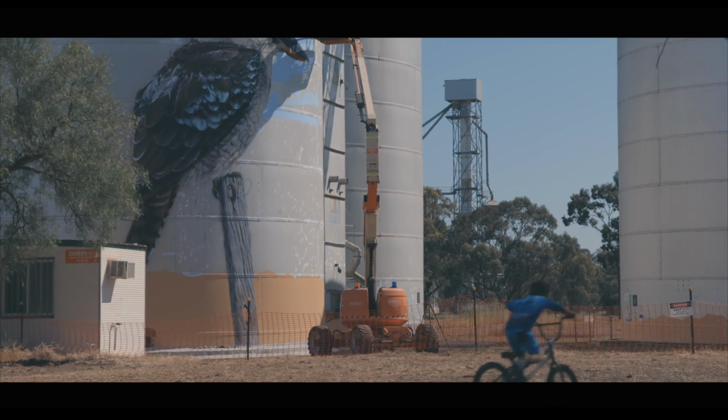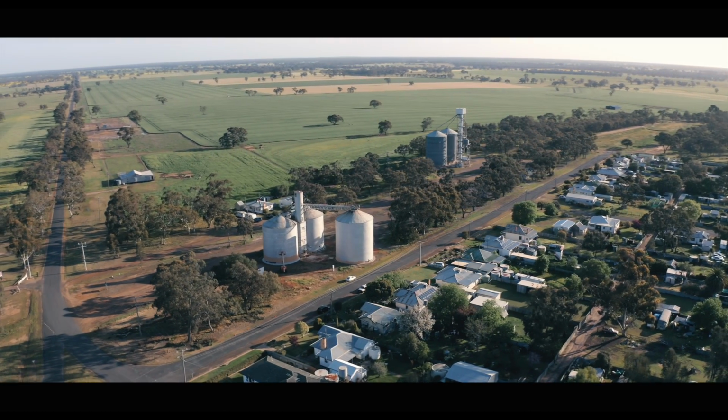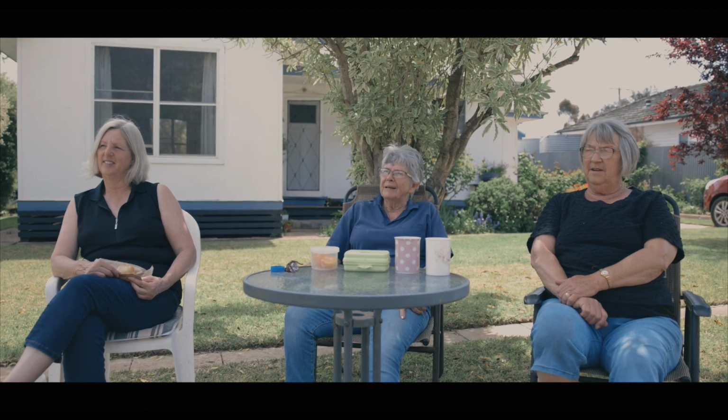the concrete. We used to get in a fair bit of trouble when we were kids, but that used to happen. And yeah, they were built years ago, and of course they're not used now, and like a lot of silos all over Victoria. It will do a lot for the town, I reckon. Oh, huge amount. I mean, the people really love